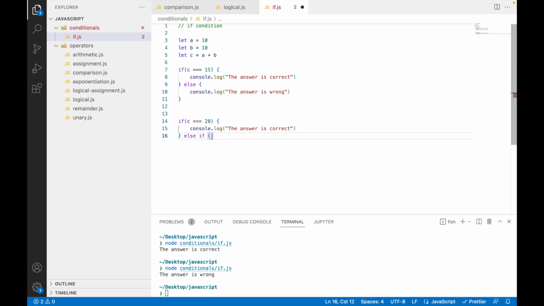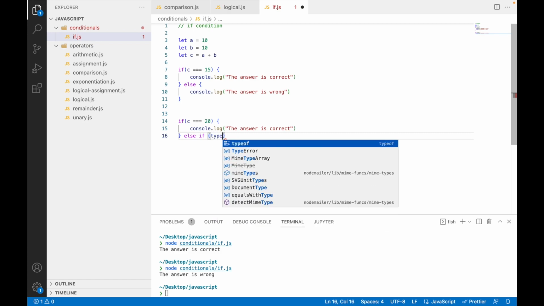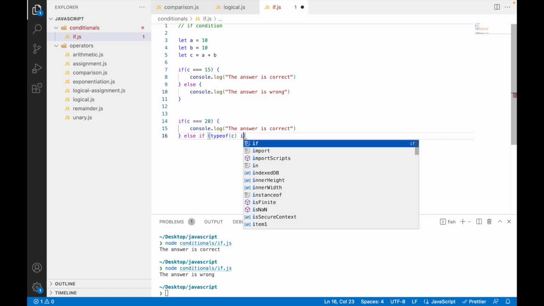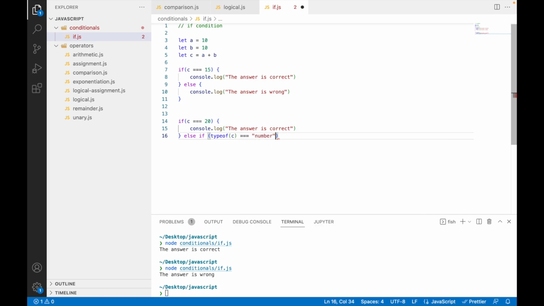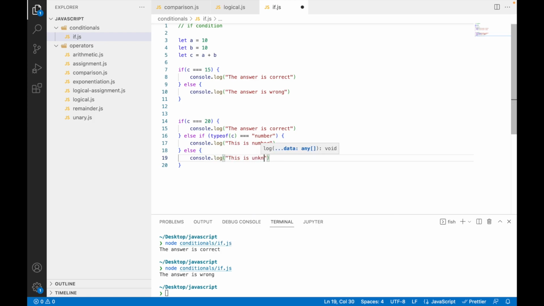Else if, with a separate condition. Right now, let's say typeof C equals number, so what we can have here: this is a number. Else, which is unknown. So this is another simple example, and here I'm showing you how to work with else if,